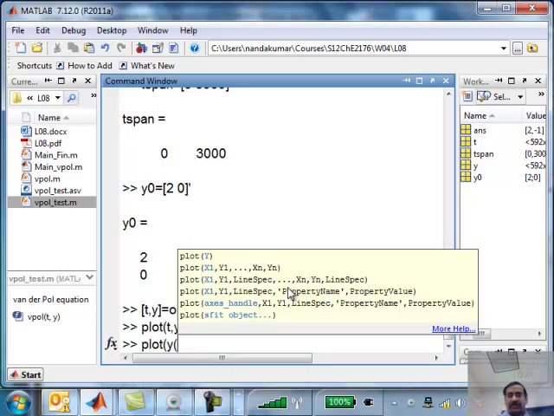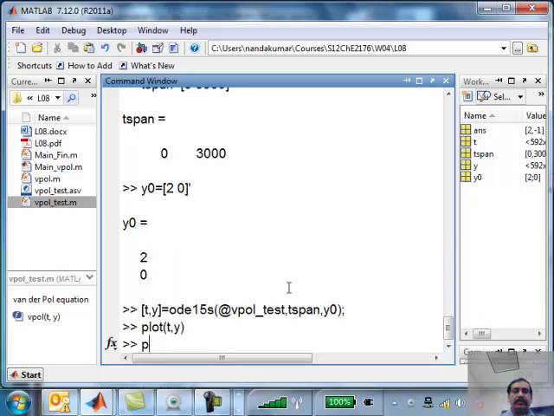Colon, comma, 1. What does that say? The colon says take all the rows, but comma 1 says take the first column. So I'm plotting the first column in Y. What would be the structure of Y? Do you remember from the last class? It will be a matrix with maybe 5,000 lines or so, and 2 columns.